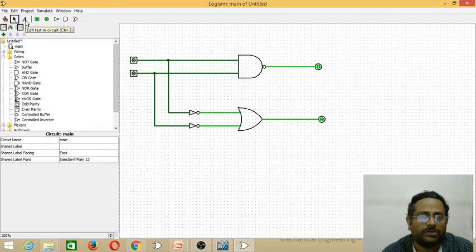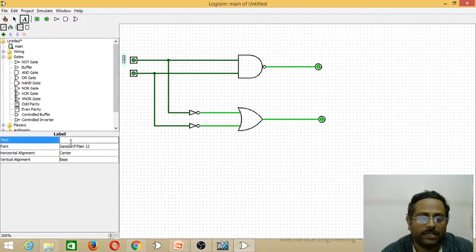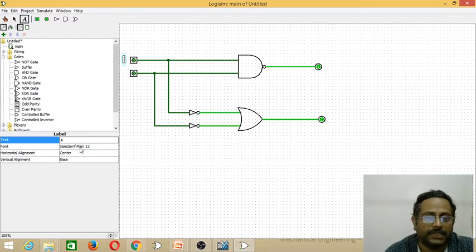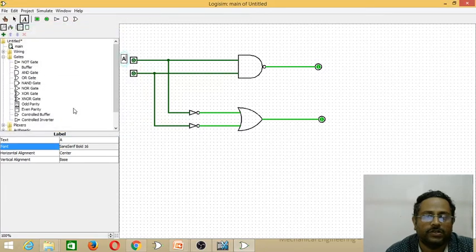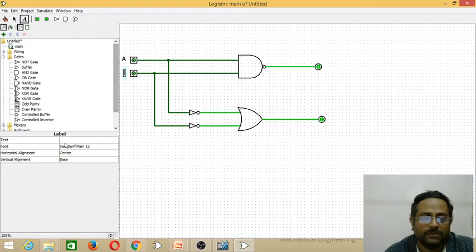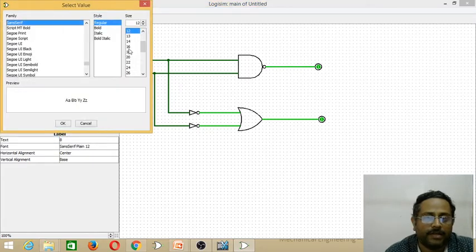For that, we select the edit text tool, which is available in the toolbar, place it wherever required, and type the required text in the text field in the attribute panel, that is A, and change the font size, color, and whatever you require. We change the font size to 16 and make it bold. In the same way, we can label other components also, that is B, 16 bold.